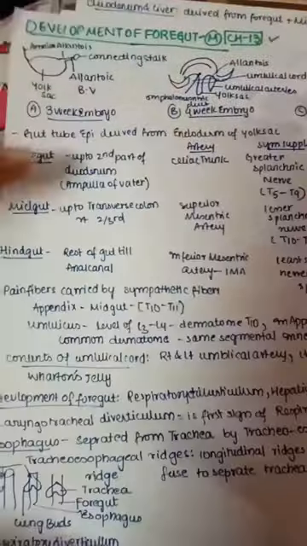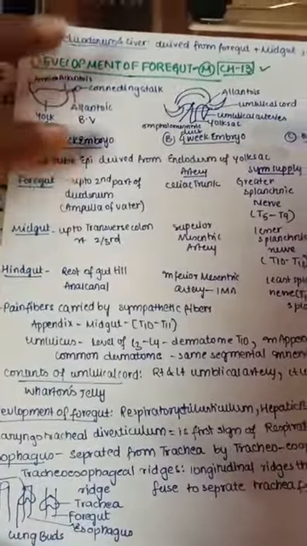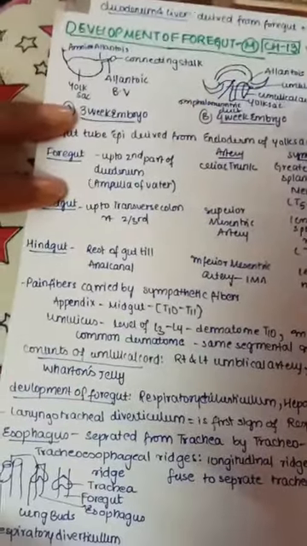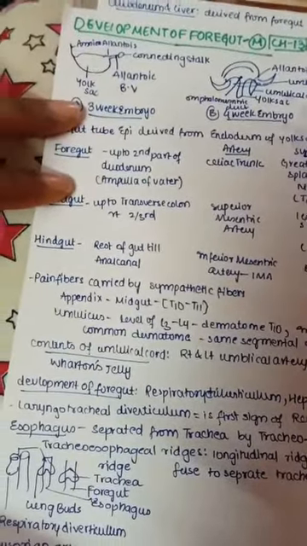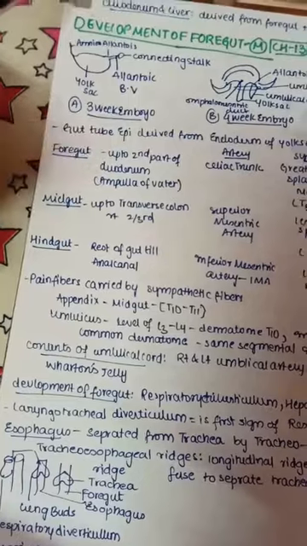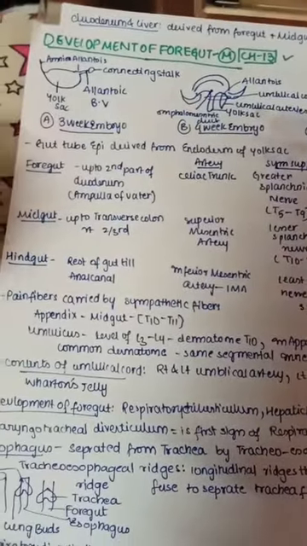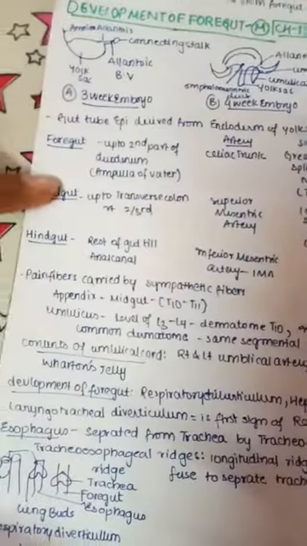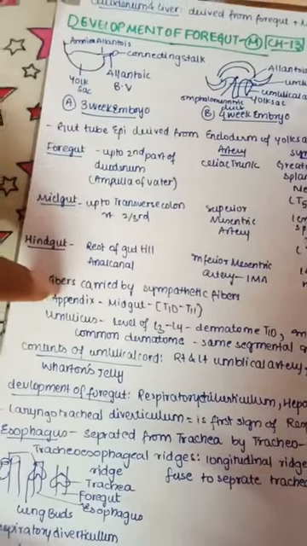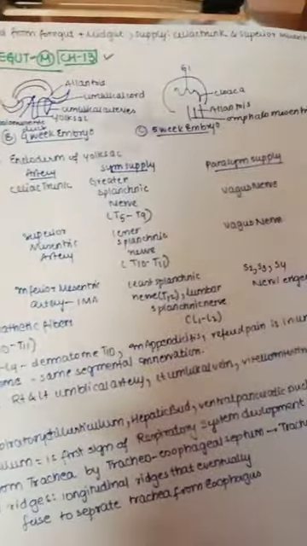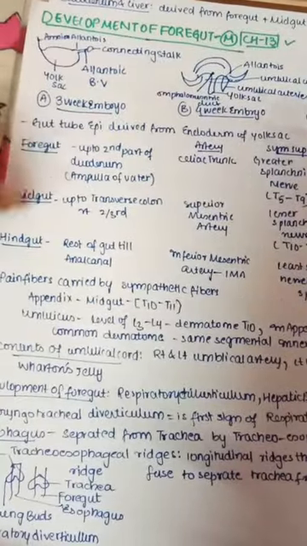Now let's start, and remember that, as I'm saying, these tubes, the GIT, are mainly formed from endoderm. So the gut tube epithelium is mainly derived from the endoderm of the yolk sac. As I said, we have foregut, midgut, hindgut. Now let us see their arteries, blood supply, sympathetic supply, parasympathetic supply, all those things.